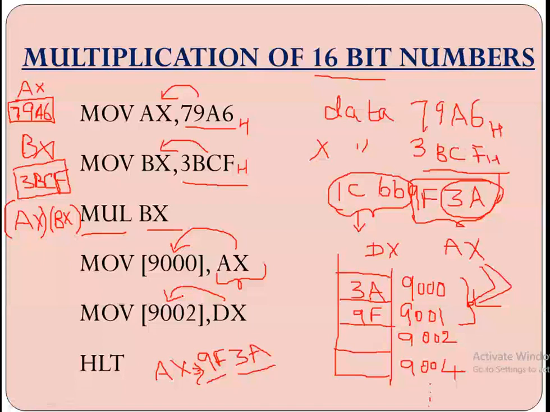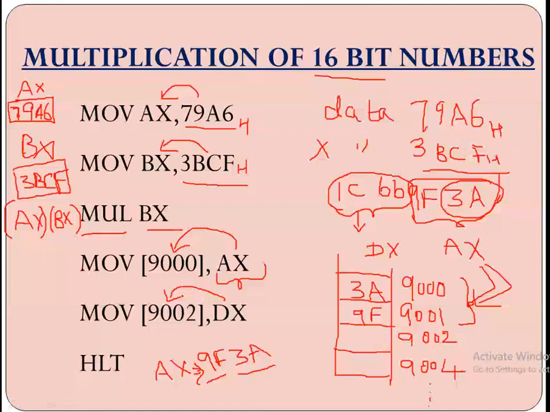Next, you can see here it is the same thing only. Instead of an immediate address, what have we taken? We have taken a memory location. From the memory location, we'll be taking two data like this. So 700 and 701 will have two data, and that data will be moved to AX.